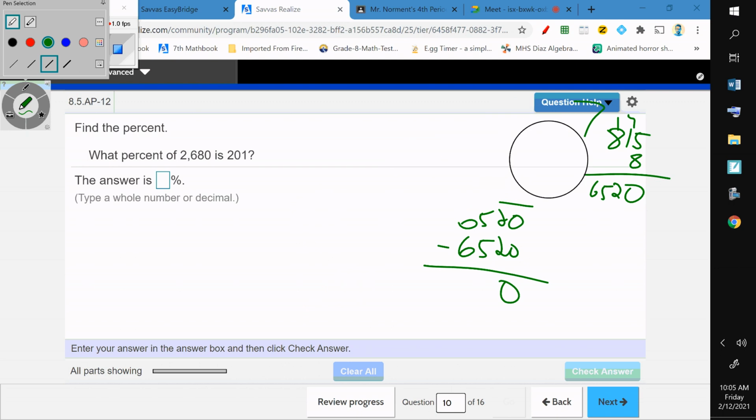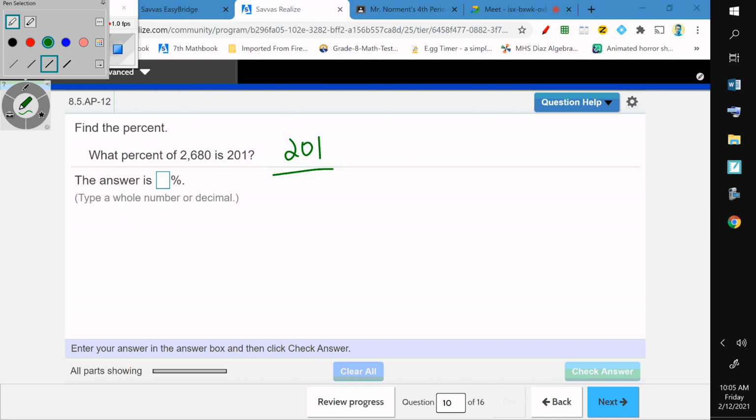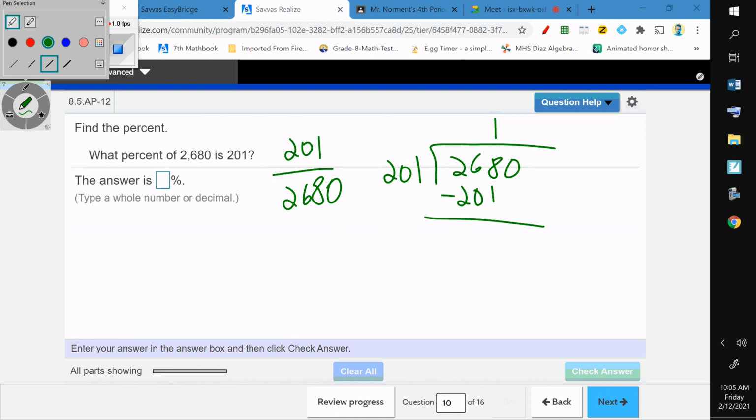This one, wow, so it's going to be this. This is the reason I'm not giving this to my advanced class. So you're going to take this with a 201 over it. You guys know, well, you might not. 201 goes into 268 once. So I'm going to get you started on that. That's going to leave you with this. And